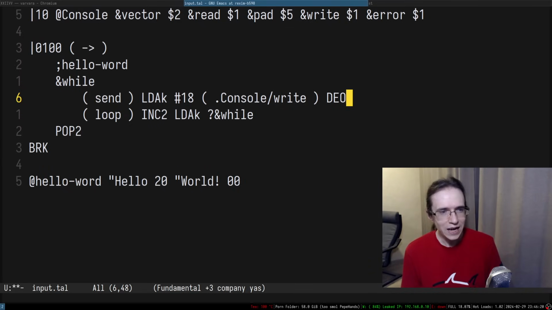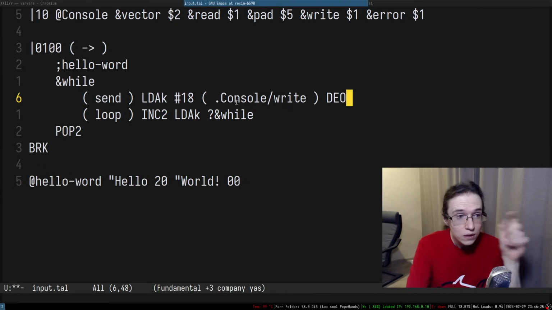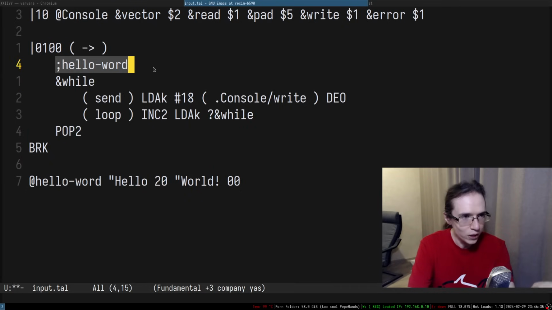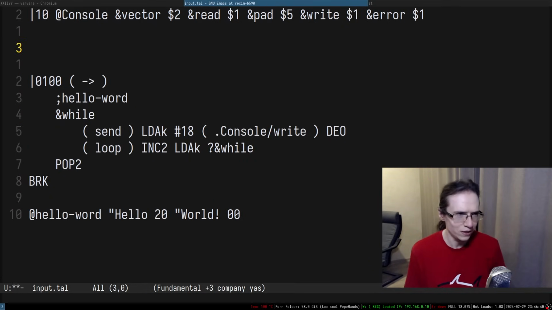So I suppose after that, the data is completely consumed, right? If this thing consumes the pointer and reads the byte, let's actually take a look at the state of the stack. You have hello world, LDAK consumes this entire thing and replaces it with a single H byte. Then we push 18 in here. Then we DAO that byte, basically sending it there, so we have nothing.